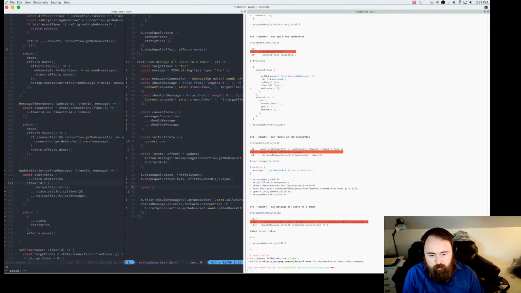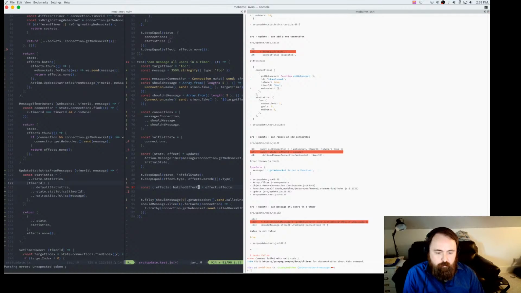we know we're going to get our, I guess we'll say, batched effects. We'll say that. This is going to be effect.effects. And here we could actually say effects.